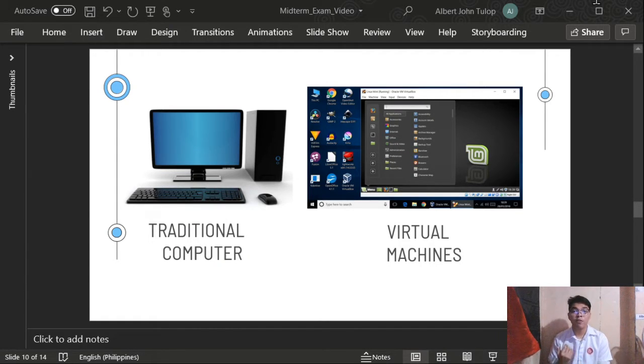It is confusing at first, but you just need to imagine a kid playing bahay-bahayan inside its house. With that analogy, we can say that the traditional computer is the house itself, while the virtual machine is the mini house that the kid built inside its real house. Now, what's the need for virtual machine, especially in the field of parallel and distributed computing?